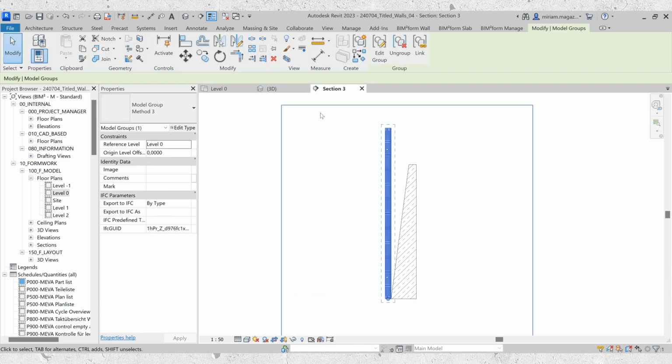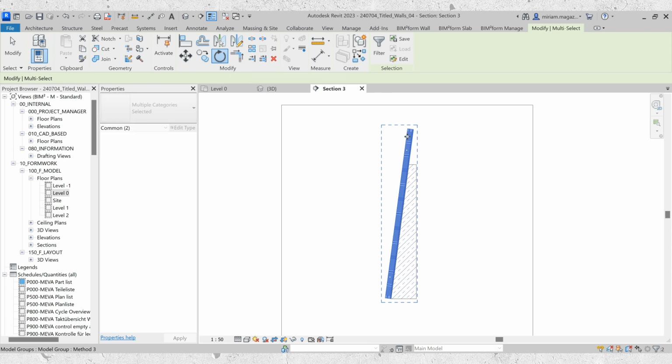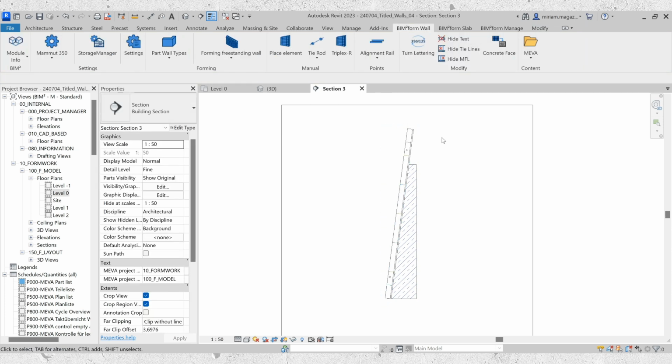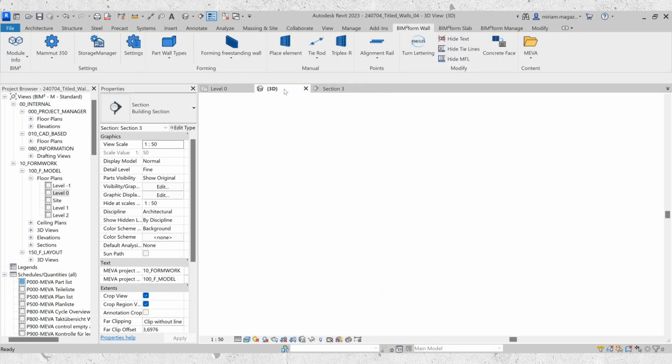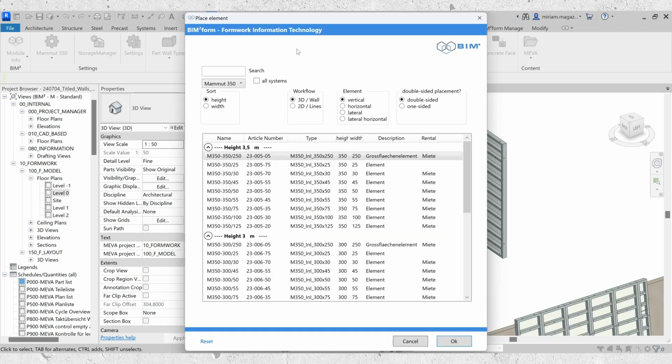Draw a section to orient and rotate the group to the wall surface. Manually place multiple elements lateral to the copied element.